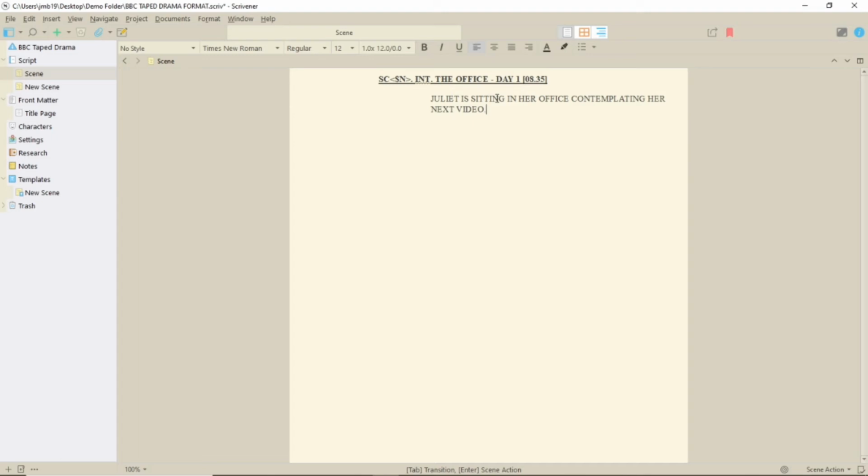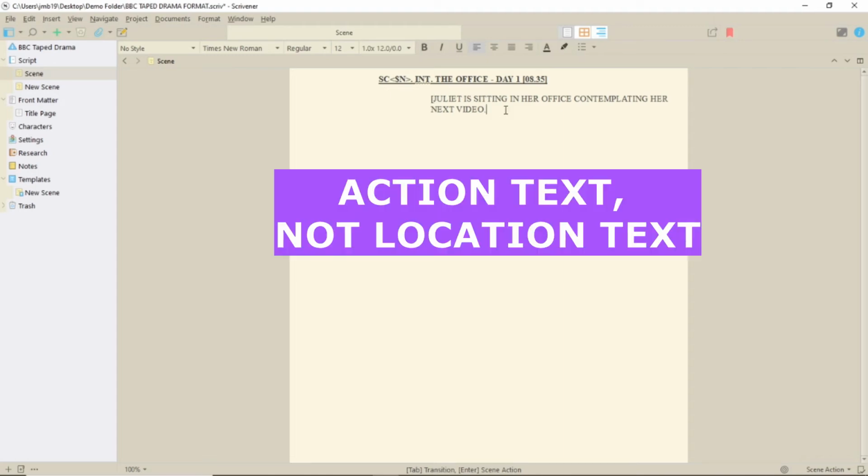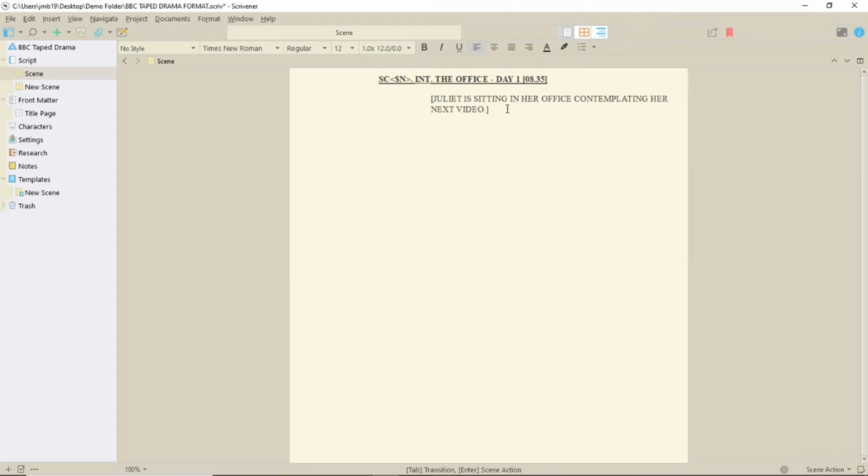Now for the other formatting selection options. If I go back and put my cursor in the location text, you'll see down the bottom of the screen that it tells me that Enter will create another scene action paragraph. However, Tab will give you a transition. Now you can press Enter and get a list of options to come up on the screen, from which you can select. Transition itself is plain bold text at the dialogue margin, which is used for things such as Cut To. Let's delete that and go back.